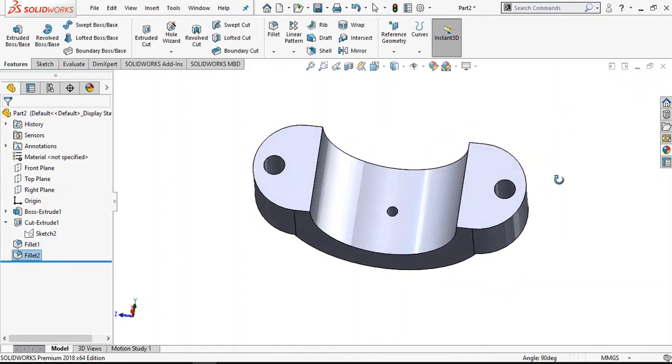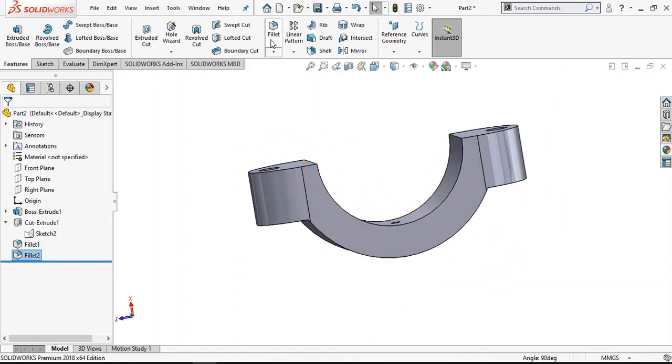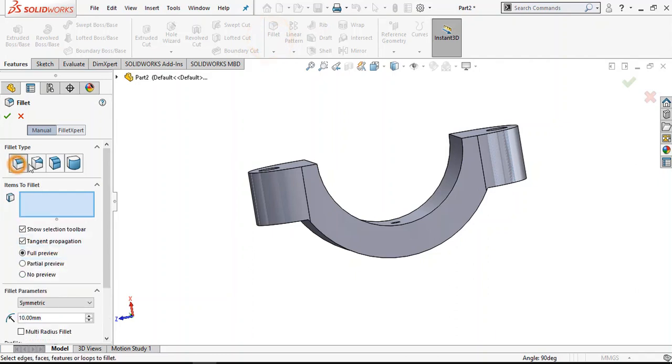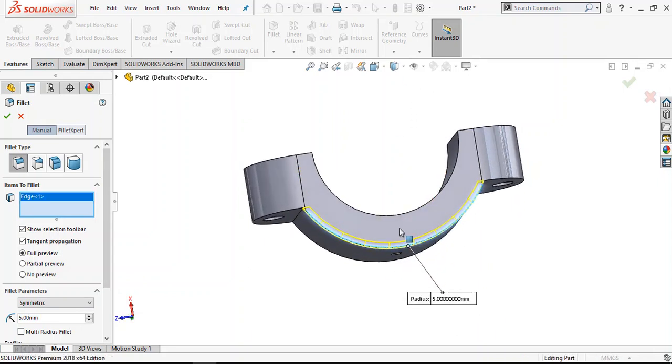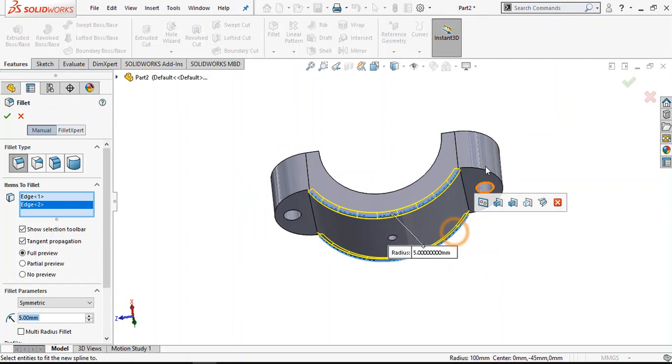Okay. Now select constant fillet 5 mm radius. Select this edge and this edge.